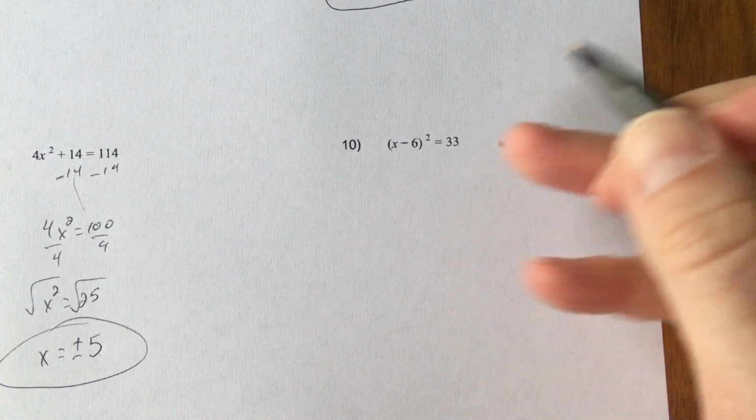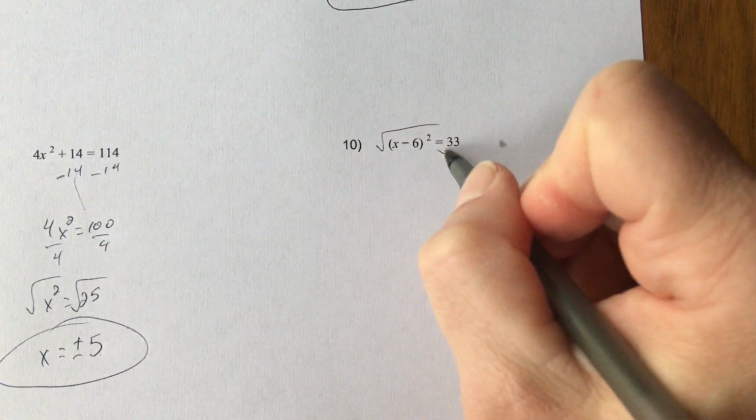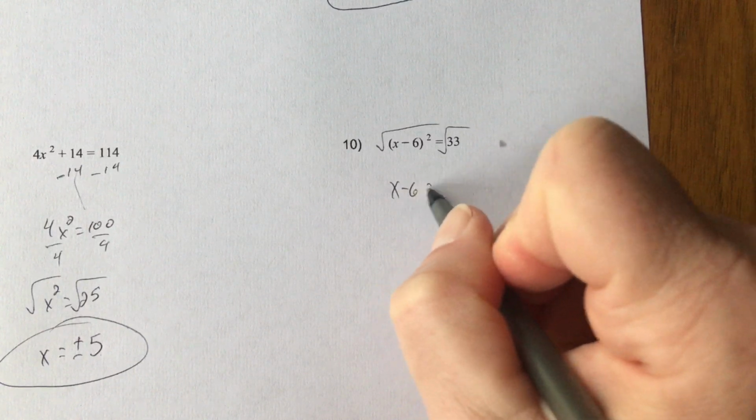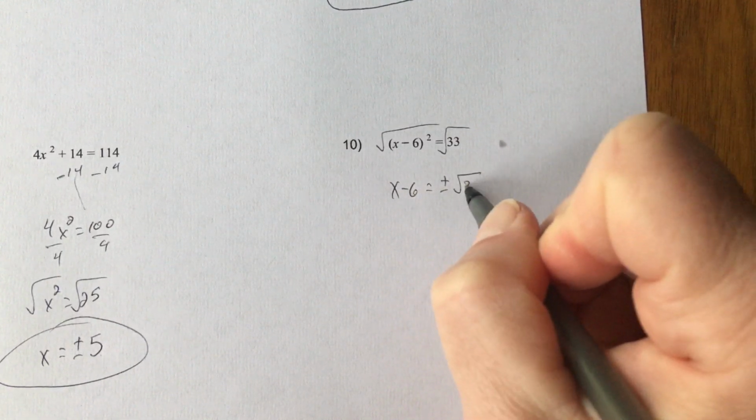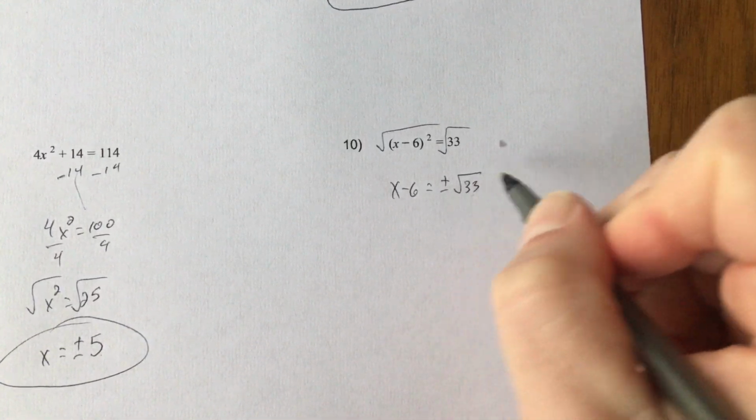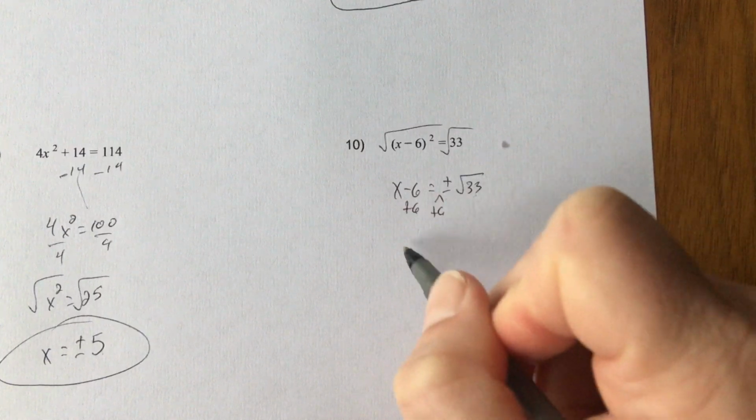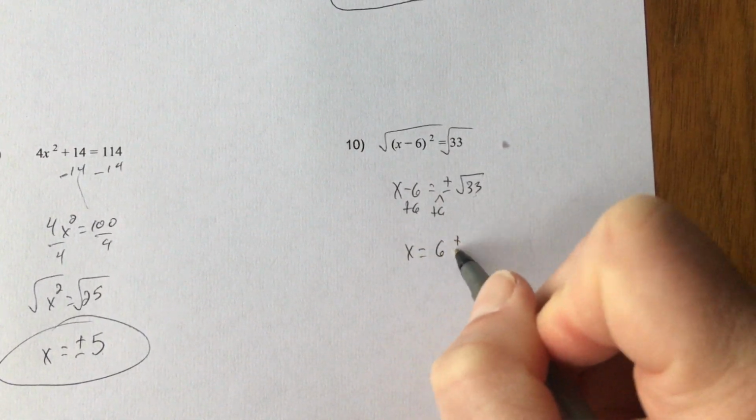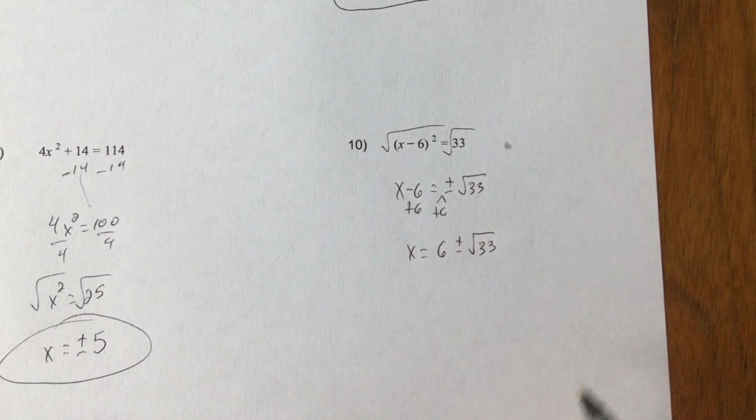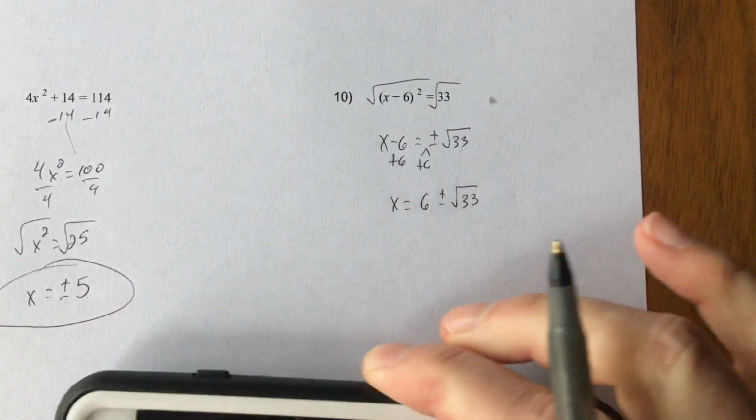And then for number 10, we already have our term squared isolated. We're going to take the square root. We'll get x minus 6 equal to positive or negative square root of 33. That's not a nice number, so we'll just let it be for now. We're going to add 6 and plug that right in the front. Get 6 plus or minus square root of 33. Now again, that might be the choice you have to make on a multiple choice, but if it's a decimal,